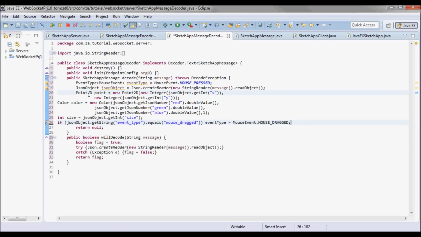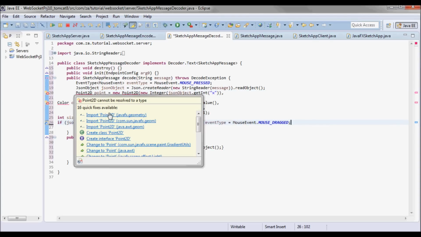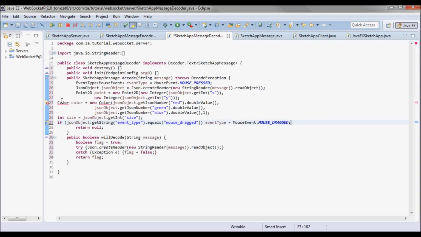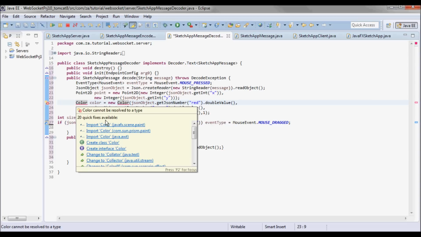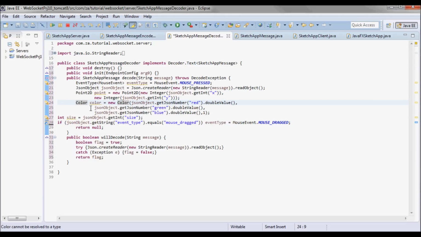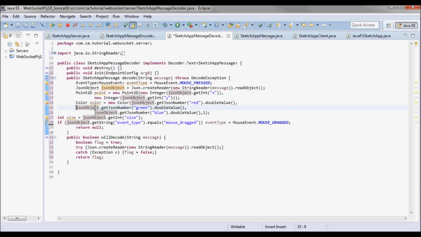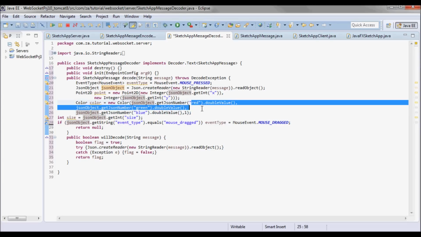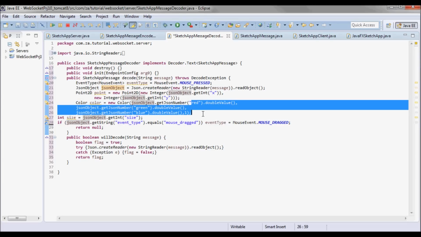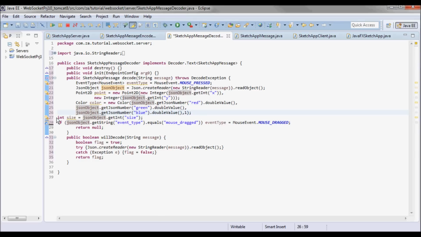And from that JSON string, I'll populate a point and a color, and to do that I'll use the three colors that were passed and create one color out of them. And I'll also populate the size.